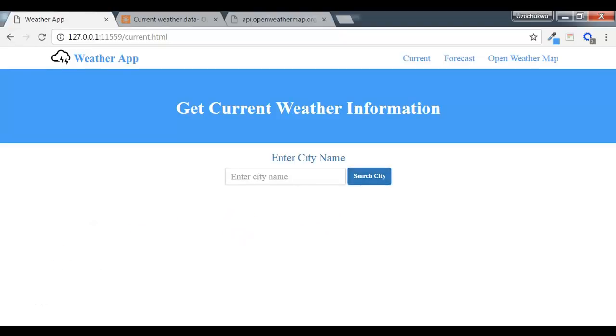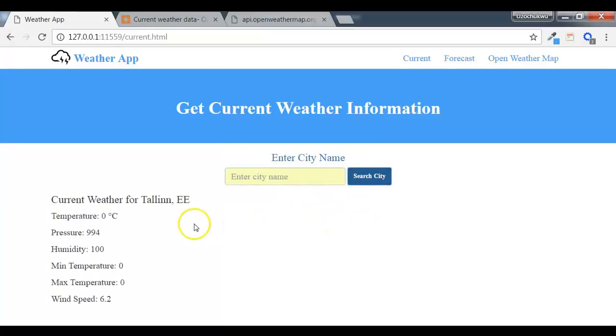Welcome back. In the last video, we displayed the results that we obtained from the OpenWeatherMap, like the temperature, the pressure, the humidity. If we go here and click on submit, we get the current weather for Tallinn with the country code. We have the temperature, the pressure, humidity, minimum temperature, maximum temperature, wind speed. And what we're going to do in this video now is just to add one or two more data and also add the